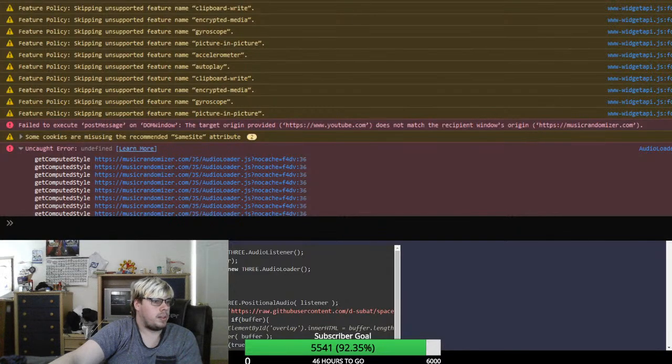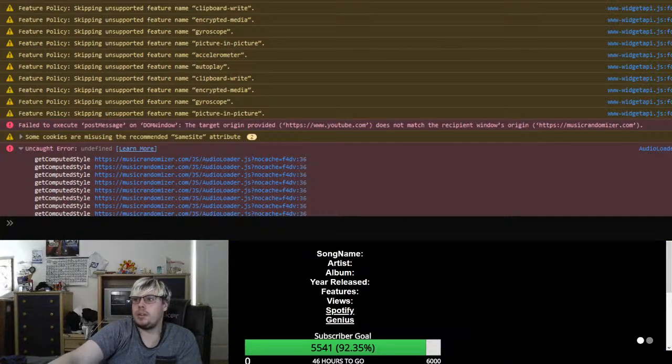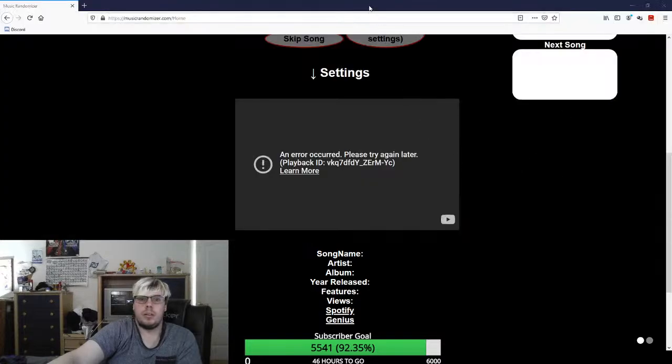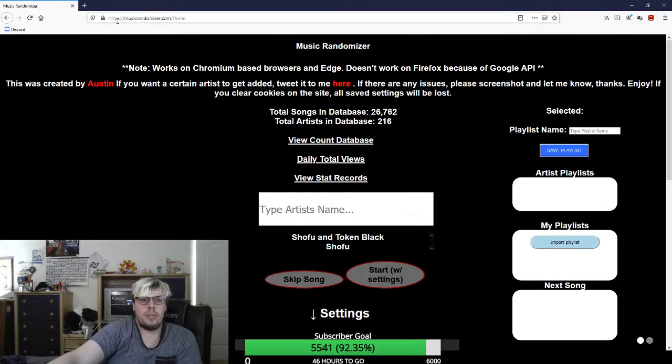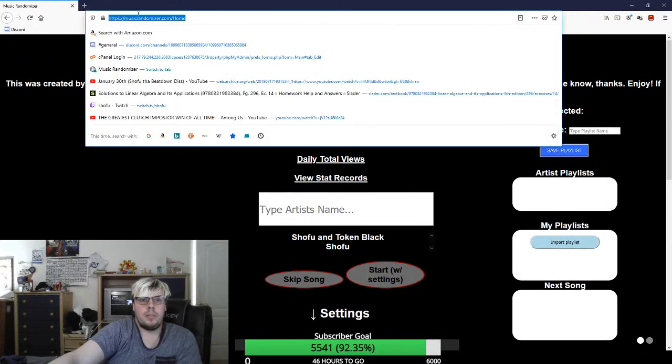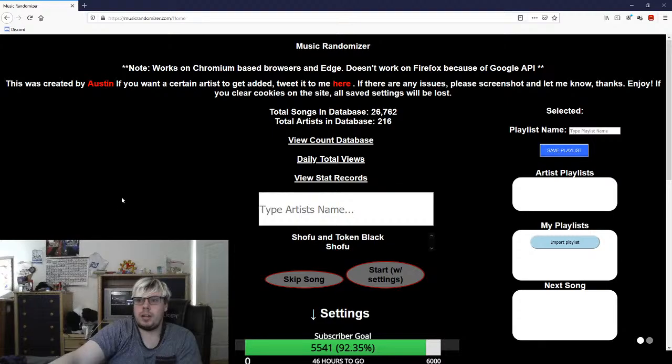Where's Firefox again? The Firefox window here. This is, it matches up here. It's supposed to match with the top, I believe. The YouTube error on the embedded,